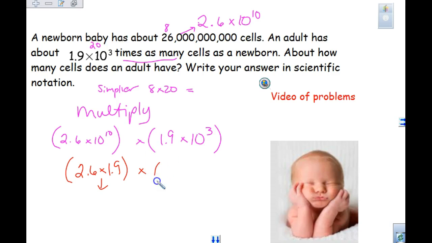We are then taking 10 to the 10th times 10 to the 3rd. That means we are adding exponents. Thank you. Remember, when we multiply, we add exponents. Start bringing your own, okay? You guys need to have your own calculator. Okay? So if we are looking at that one,